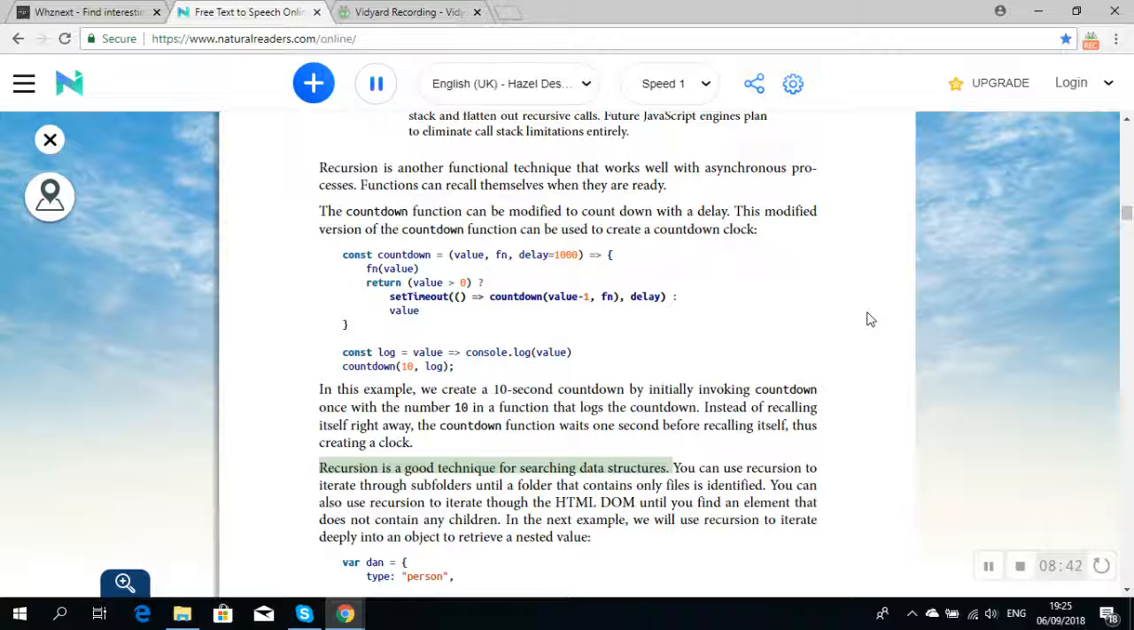Recursion is a good technique for searching data structures. You can use recursion to iterate through subfolders until a folder that contains only files is identified. You can also use recursion to iterate through the HTML DOM until you find an element that does not contain any children. In the next example, we will use recursion to iterate deeply into an object to retrieve a nested